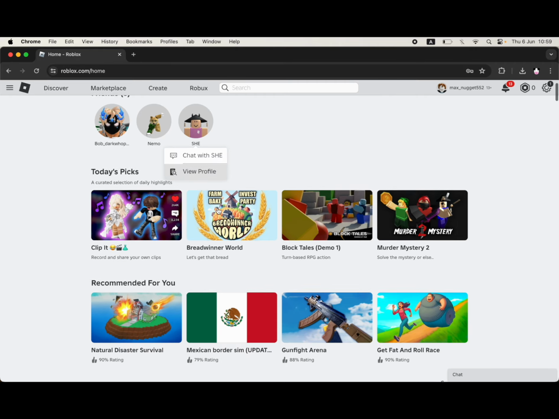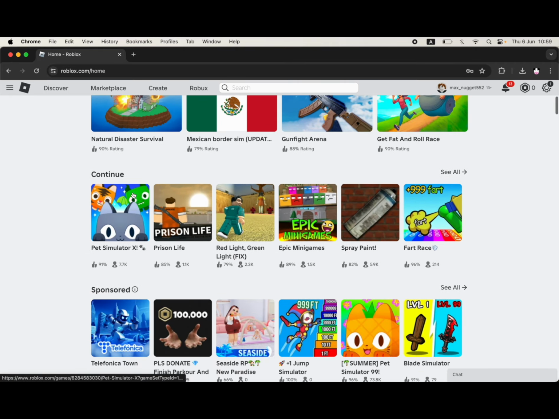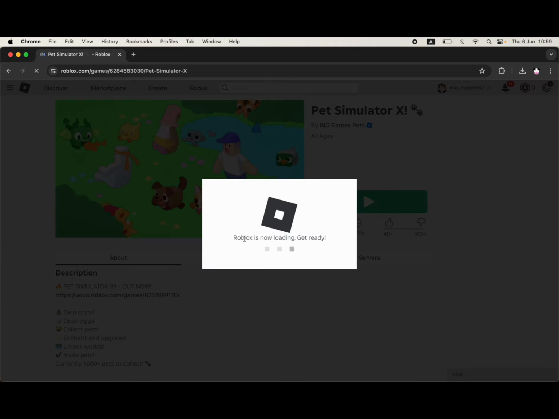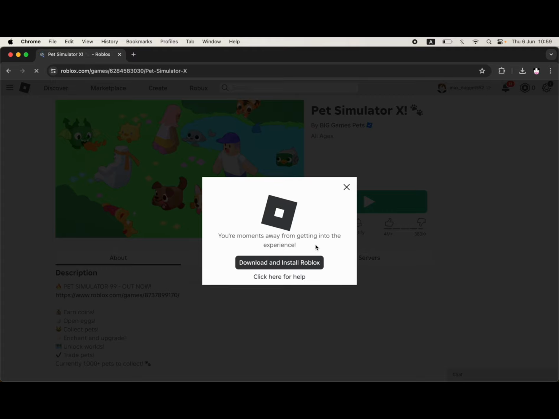It doesn't matter what the game is really, so to scroll down, I'm going to use Pet Simulator X here, but any of them all work similarly. Go ahead and click the green open and start button on here. Then it should say that it's loading, and then eventually a message will pop up whether you actually have it